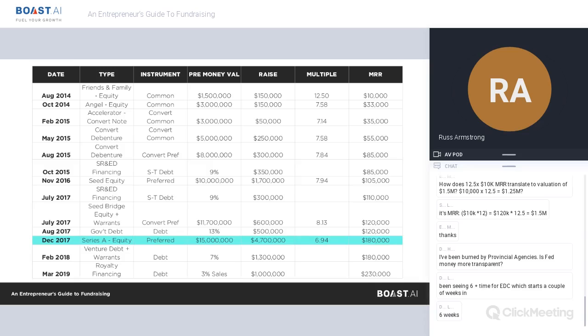Finally, we did what I'd like to call a Canadian A, where we raised about $4.7 million. Generally, you might see this as a seed round in today's market, but we couldn't call it a seed 3 or a seed bridge 2, so we called it an A at this time. You can see the multiple depressed a little bit based on the growth profile, but it was also preferred shares that we issued. I'm not going to spend a lot of time on this, as there's tons of opportunity to do future webinars on some of these topics.